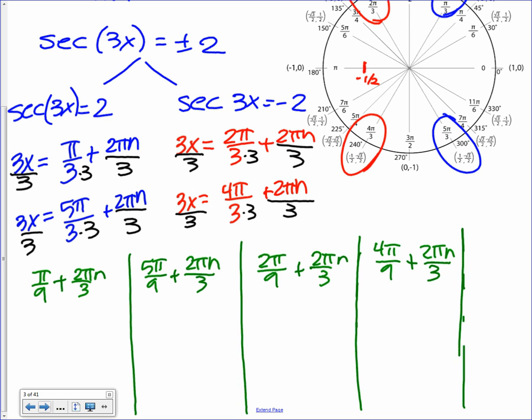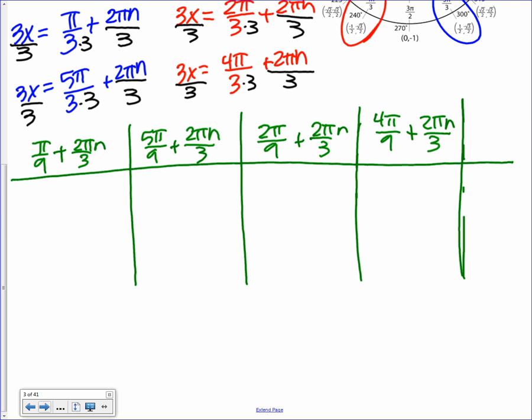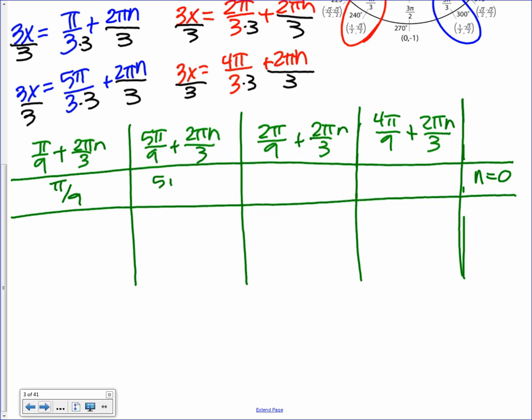I'm making this lovely chart because I am going to have to substitute in for n. Okay, so if n equals 0, what are my answers? Well, just pi over 9, 5 pi over 9, 2 pi over 9, and 4 pi over 9. Now, if I plug in n equals 1,